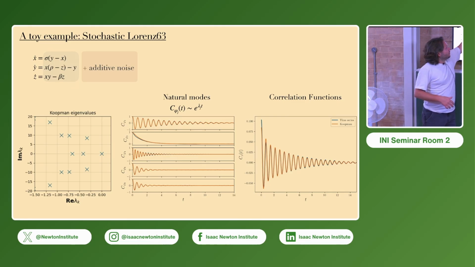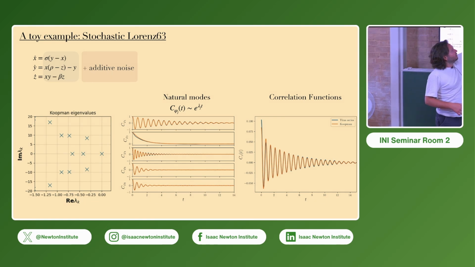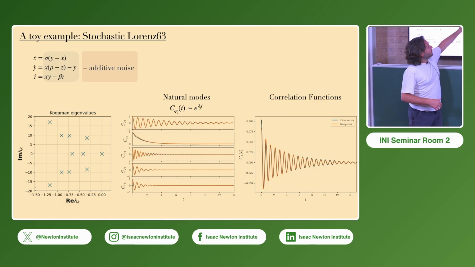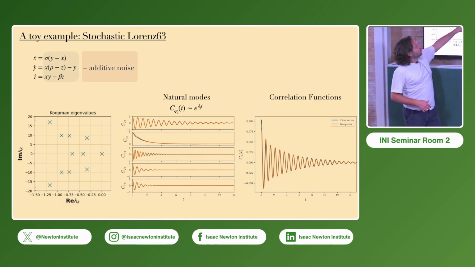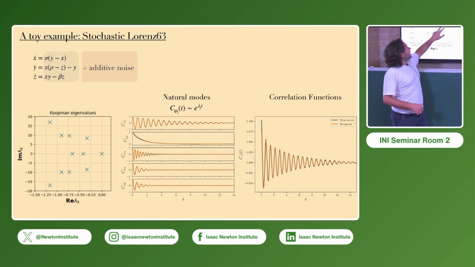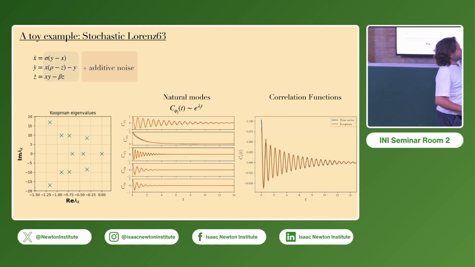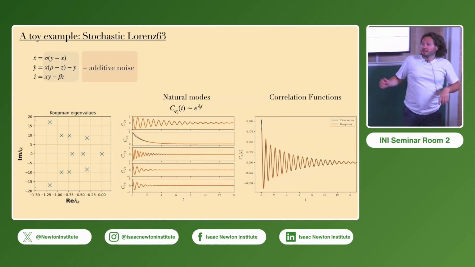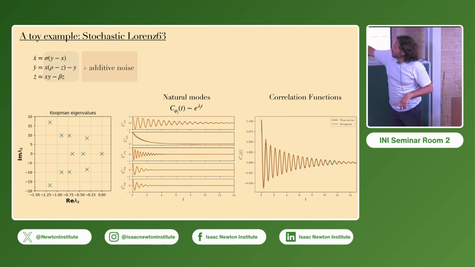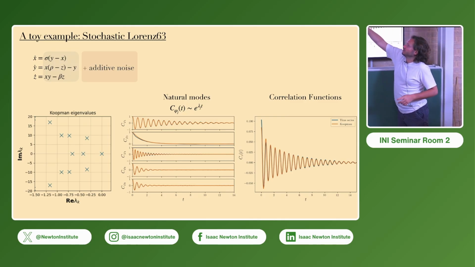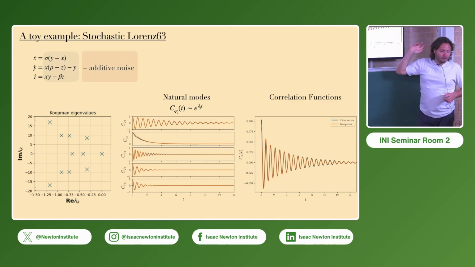And you can see here basically the correlation functions of these Koopman modes. You can see that some of them, like these two, oscillate for quite a long time. This is a real one, so there are no oscillations, and so on and so forth. And the interesting thing is, if you take just the first few, I don't remember how many here, you can approximate correlation functions of other observables, like for example, this is the Z observable, quite well,